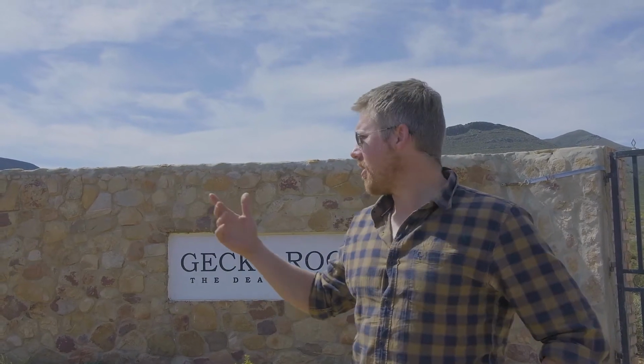Alright, so that's Gecko Rock and Leeuwbosch in one weekend. It's a 2-hour drive from Cape Town to get to Leeuwbosch, and Gecko Rock is 7 k's from Leeuwbosch, so it's an awesome place to go camp. Both of them are phenomenal campsites. Really worth it. Take the drive. If you're into 4x4 adventure travel, Gecko Rock is a proper track. So is Leeuwbosch,